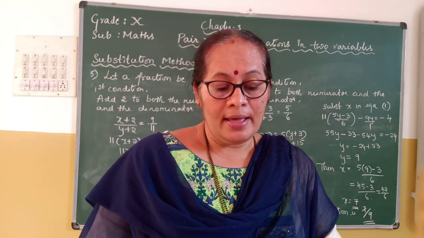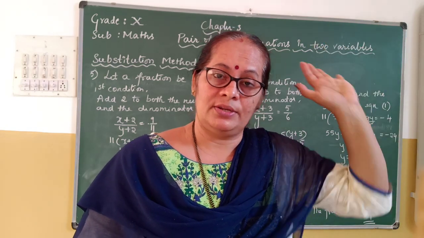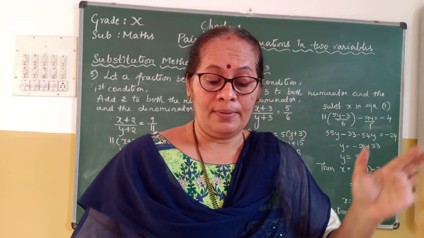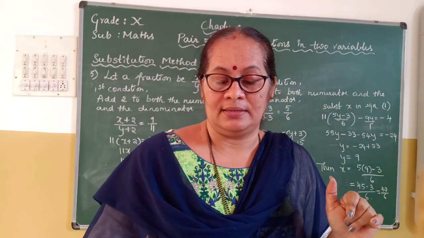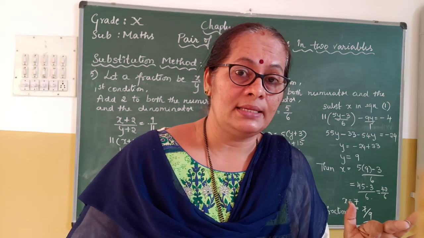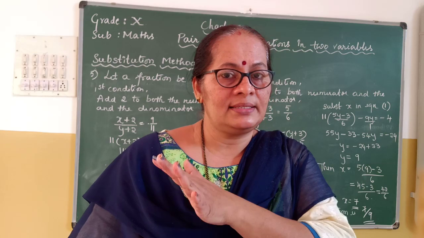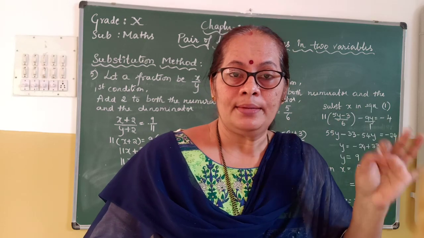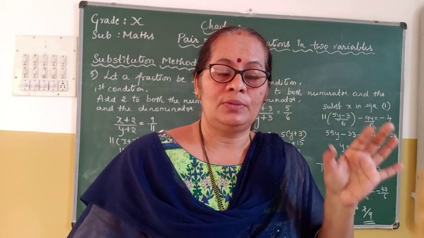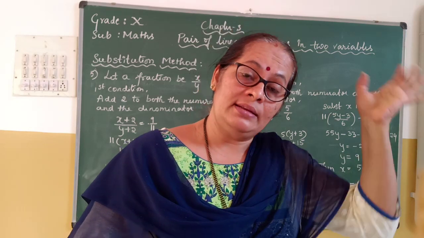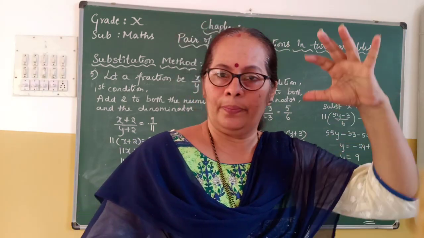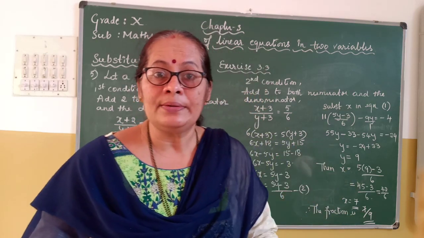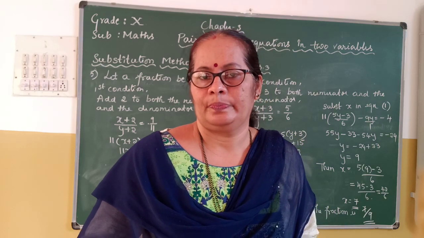Right? Then 5 years ago, so you have to take minus 5. 5 years ago Jacob was 7 times his son. So 5 years ago, what is Jacob's age? x minus 5, and his son's age y minus 5. Jacob was 7 times his son, that is x minus 5 equals 7 into y minus 5. So bring it to linear form and find the x and y values, which give their present ages.